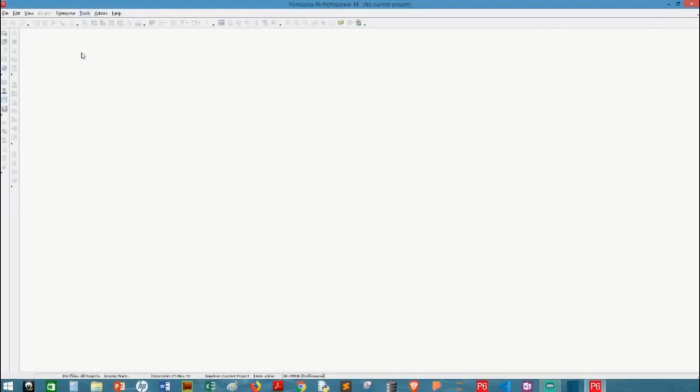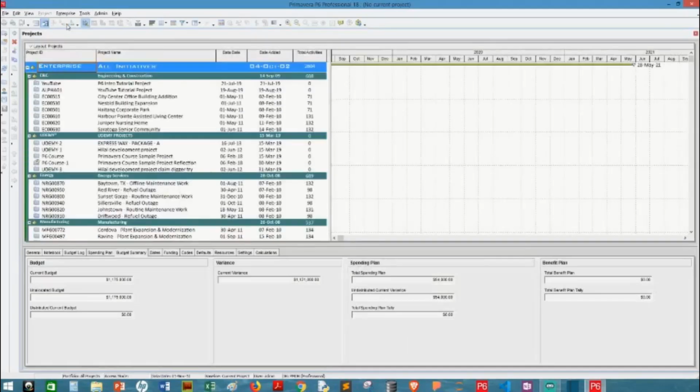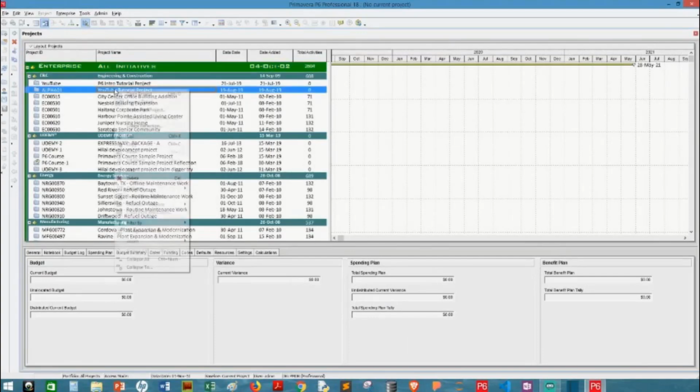My name is John. I'll be taking you through how to create layouts in P6 as well as customizing layouts. So first off, I want to pull up my projects. I click on Enterprise, click on Projects, and my projects window is open. Now I see a list of all my projects, but I'm interested in this one, so I right click on that. I open the project,